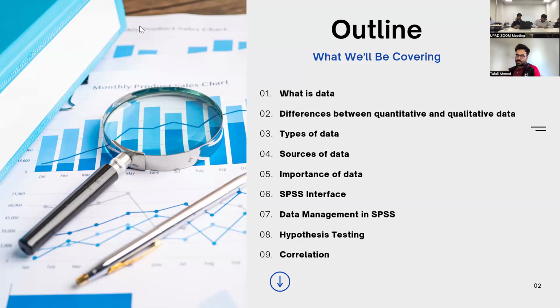Then, what the types of data are and from which sources we can collect data. And more importantly, what is the importance of data? Let's say we have data, how can we use it? What is important for us as researchers, for government, and for you as a student? Then we will dive into practical aspects, showing you the interface of SPSS. We will see how we can manage data, do some hypothesis testing, and at the end, we will end our lecture with correlation.